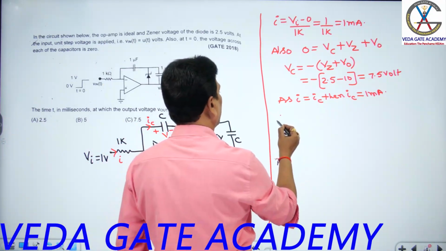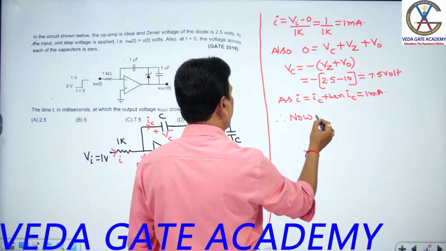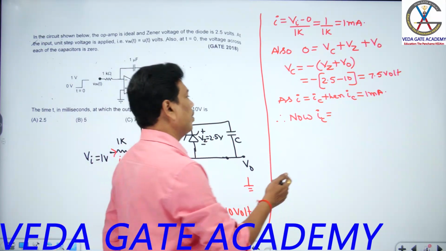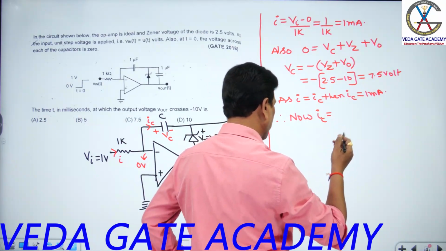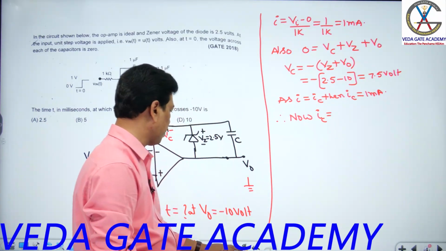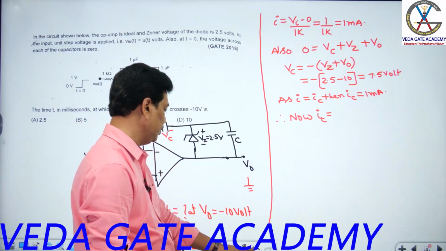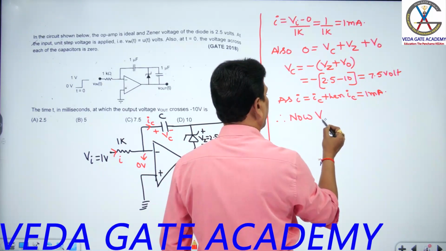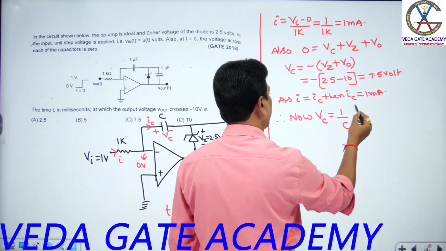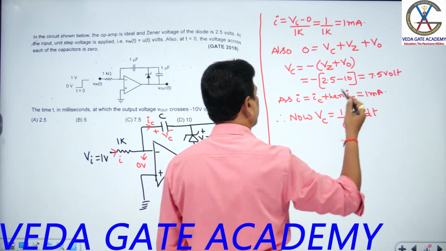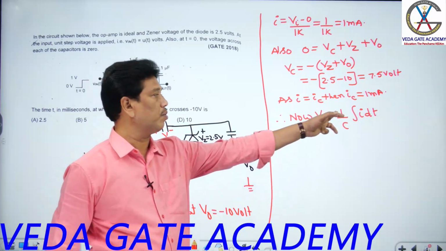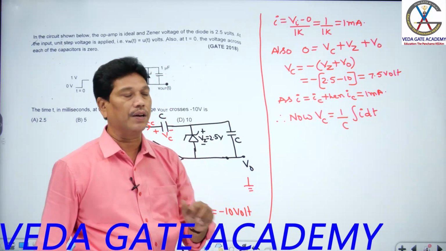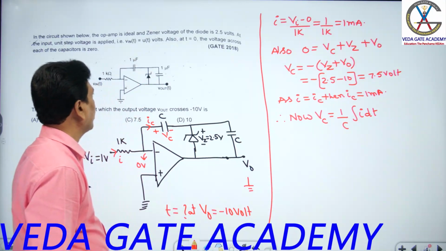Now, using the condition of current in a capacitor, you know the formula, sir? I equals C into dv/dt. What is that, sir? Volt across the capacitor. Volt across the capacitor is VC, sir. Volt across the capacitor VC equals 1 by C integral of I dt. Can I write like this? Using the integral relation between voltage and current of a capacitor, VC equals 1 by C integral of I dt, sir. Confirm my option, sir.